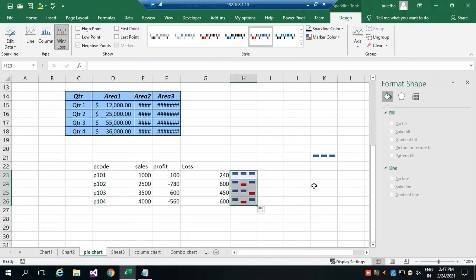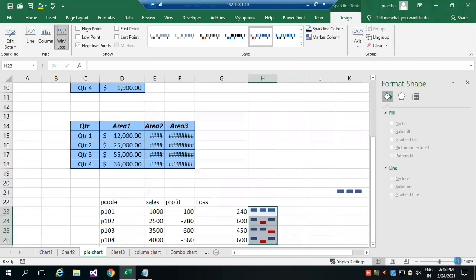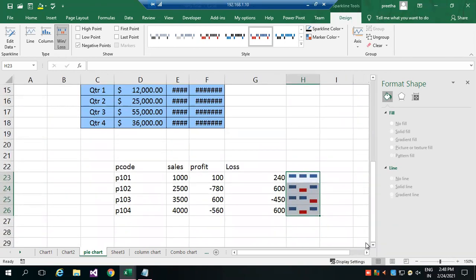So you can see in which cells the bar is down, like the red color bar. Last means it will come down below your actual range. So then you can understand for these product codes, we are getting loss. Okay. So there you can find out low point in one color, high point in another color. So everything you can decide.